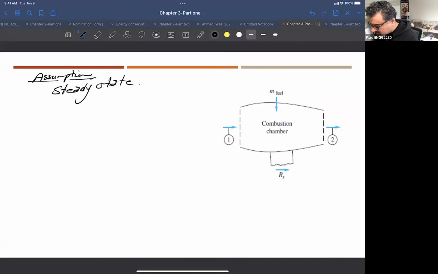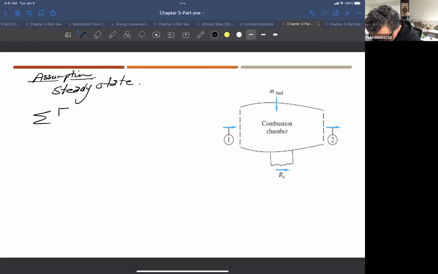So if I put steady state, can I do anything else? Can I talk about density here as incompressible or something? Can I put density here? No, right? Because basically this is air and the air is compressible. So we have to find out the density of this air. But anyway, steady state means that